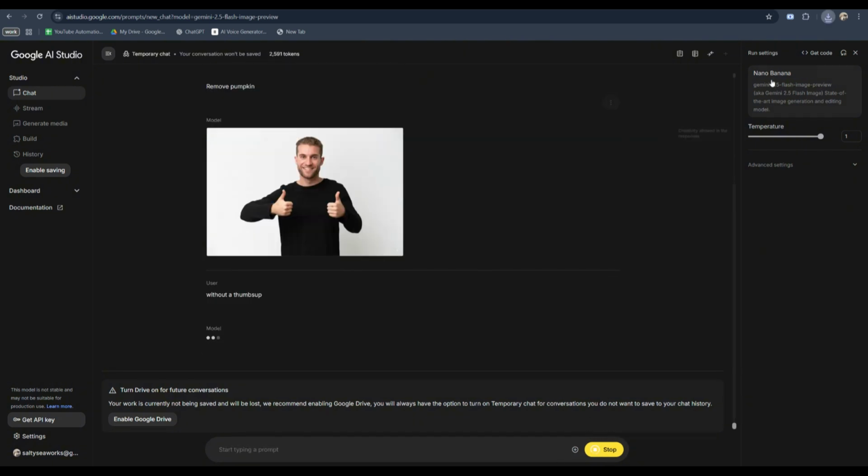And that's it. With just a few clicks, you can remove unwanted objects and make your photos look flawless using